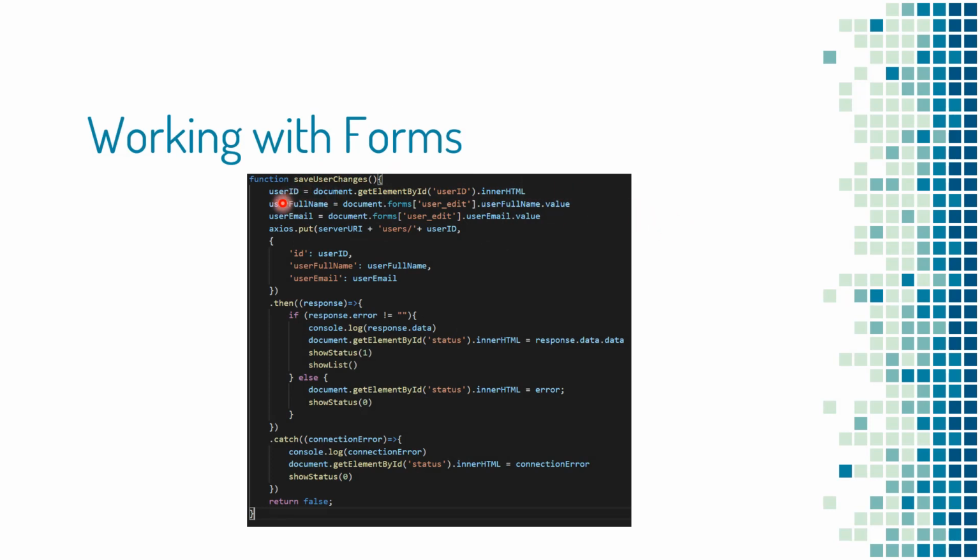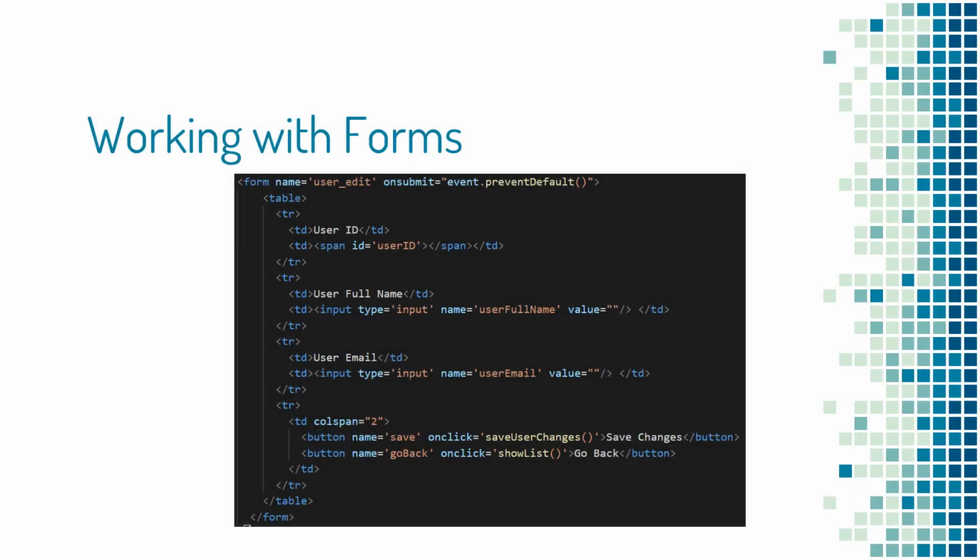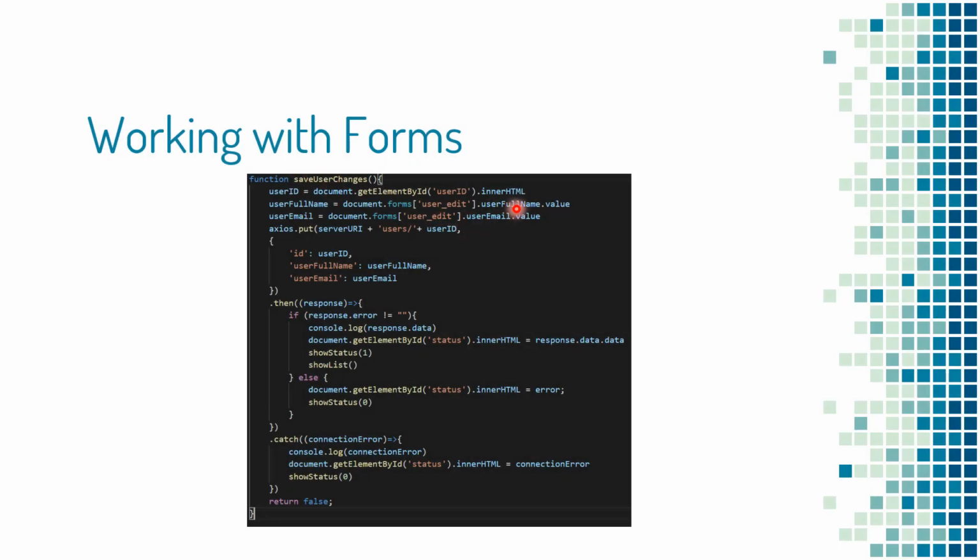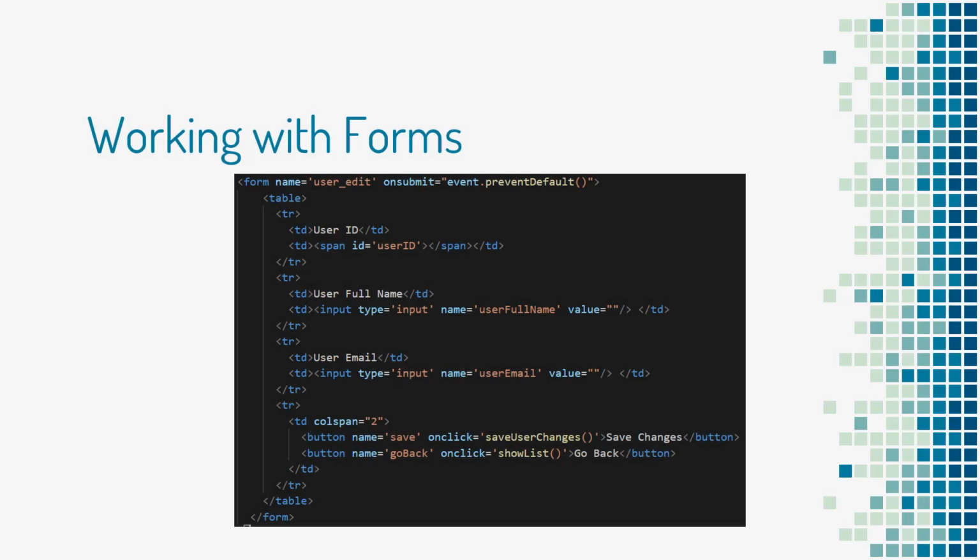As you can see, I can get the information of, let's say, the full name and the email by using the DOM, which is document.forms. I'm using the name that we defined here, and then the name of the element that I want to get the value of. So here, the name, user full name,